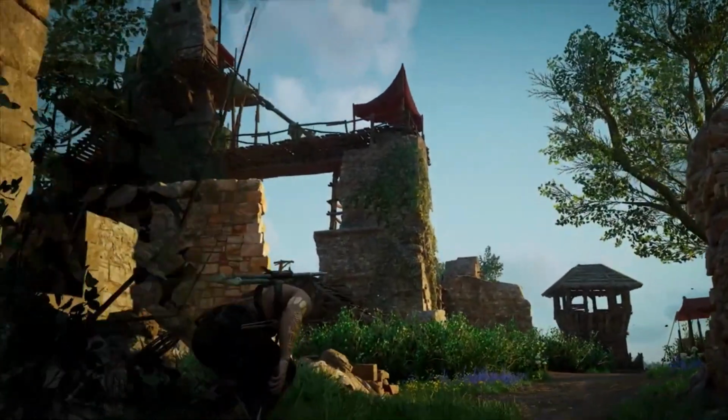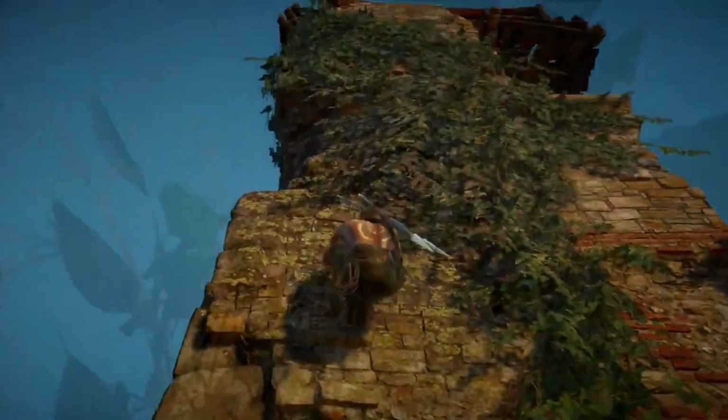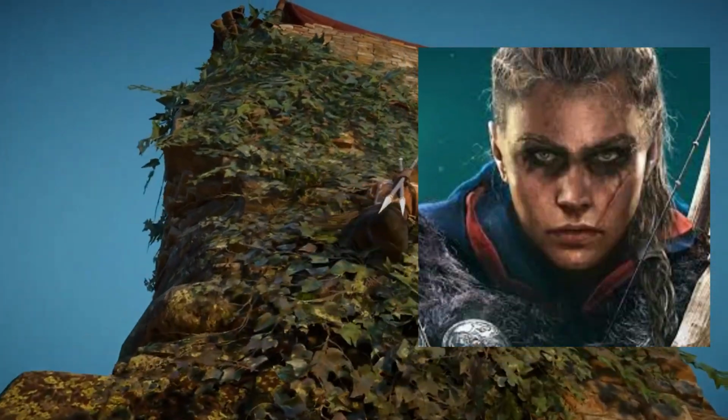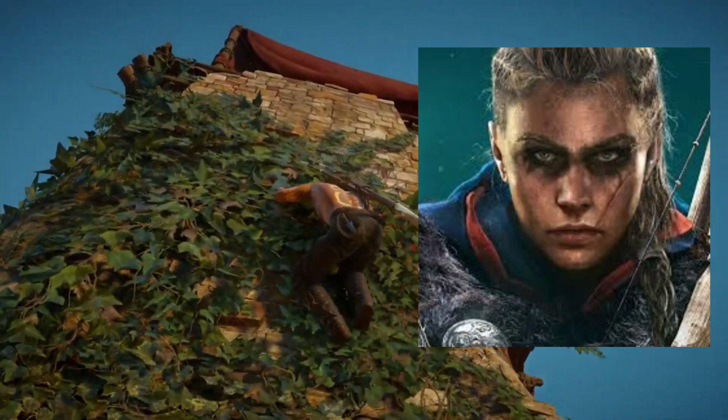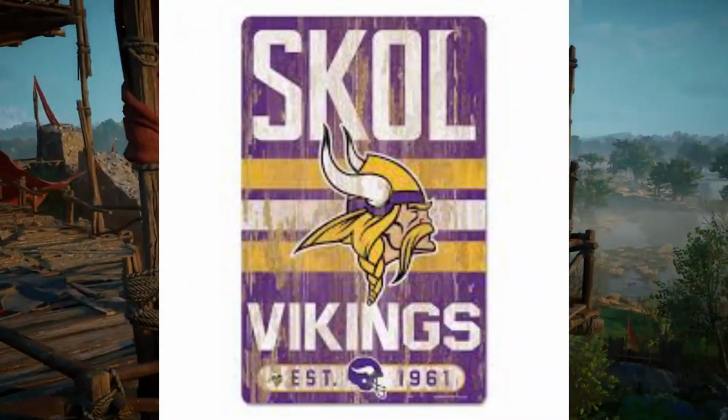Valhalla primarily unfolds in England, though the player will also explore Norway, Vinland, and other locations that I won't spoil for you just in case you haven't played it yet. Additionally, the DLC allows Eivor to journey across Europe. During this era, England is fragmented into competing kingdoms and it is grappling with the Viking settlers.